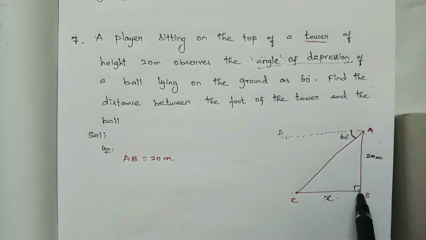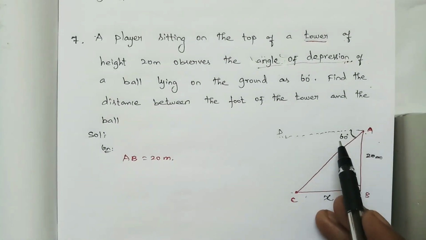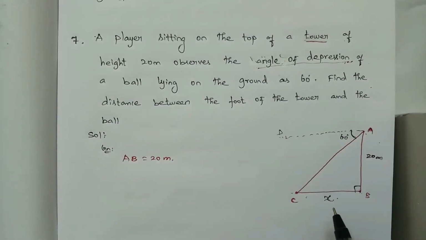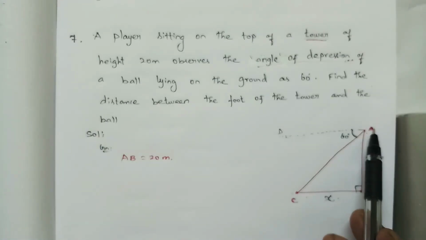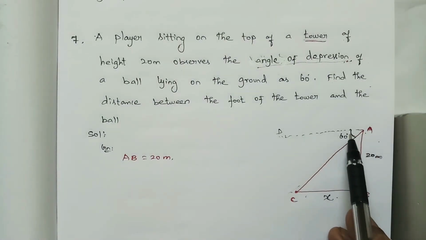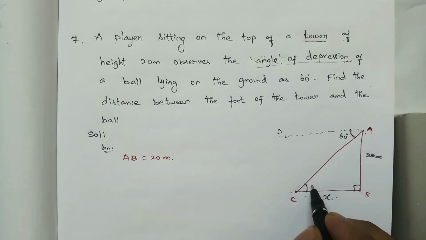We know one side, but we don't know the angle. The angle is outside the right angle triangle. How are we going to bring this angle into the right angle triangle? Already in the introduction class itself, I told you that BC is a horizontal line, and at the same time AD is also horizontal. These two are parallel and this is a transversal. This angle is equal to 60 degree, and here also that angle is equal to 60 degree.